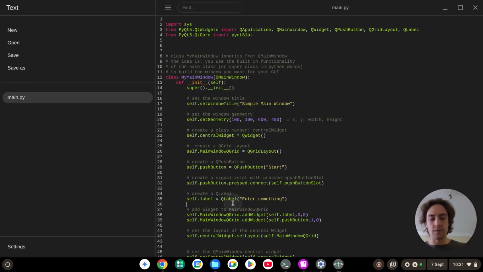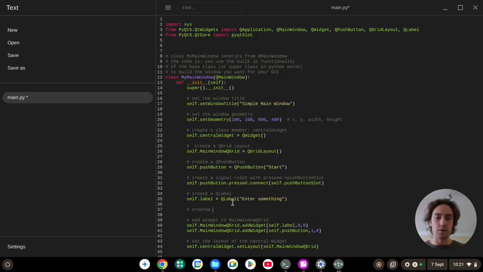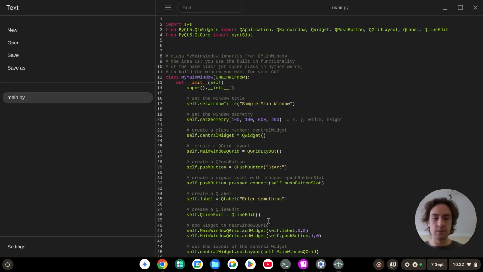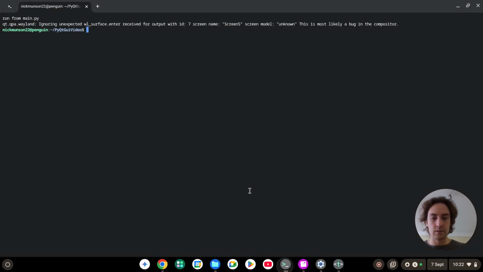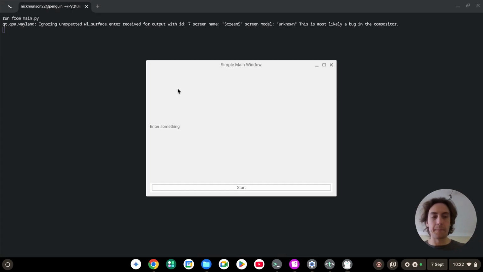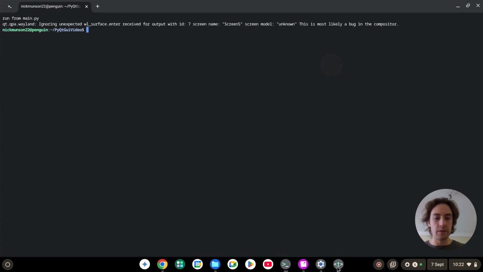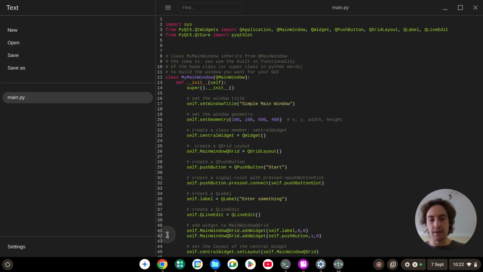So what I'm going to do now is create a QLineEdit. I'm going to import QLineEdit. And the syntax for this will be self.queueLineEdit equals QLineEdit. Great. So now I'm going to add this line edit